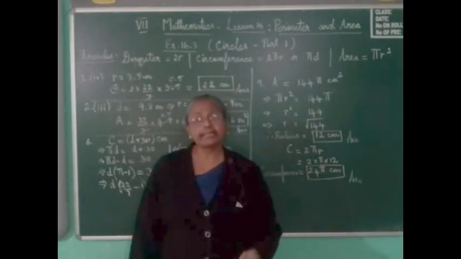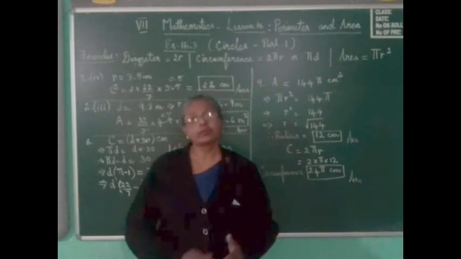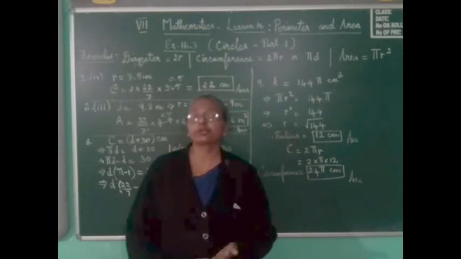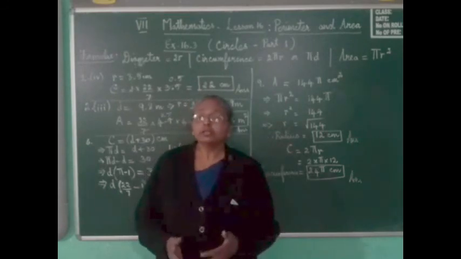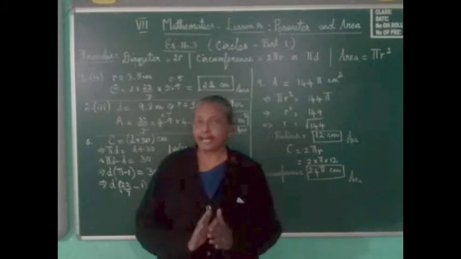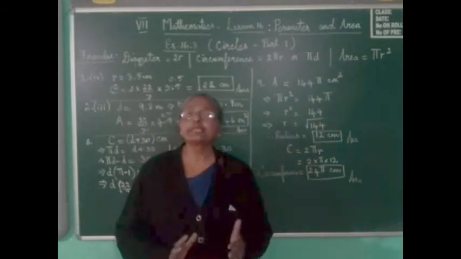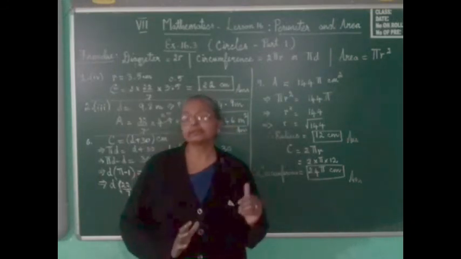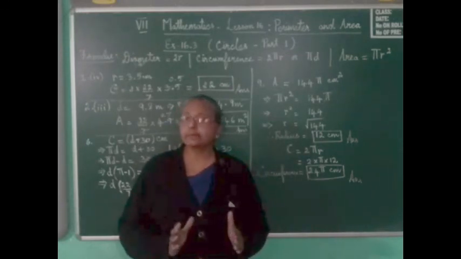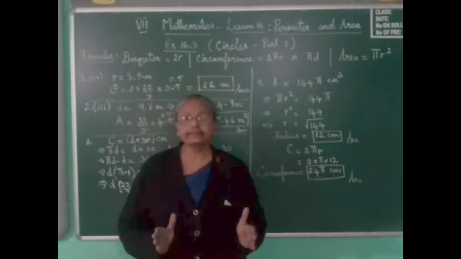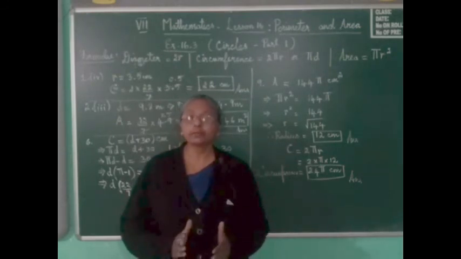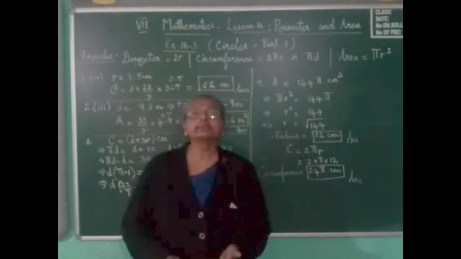We will do the remaining sums up to 17 sums, whatever is there, in the next module. Till the 9th sum, whatever I have not done, you need to do as homework. These sums you can write in your CW, and the remaining sums up to the 9th sum, please do it in your homework notebook. Only then you will get practice of those sums.